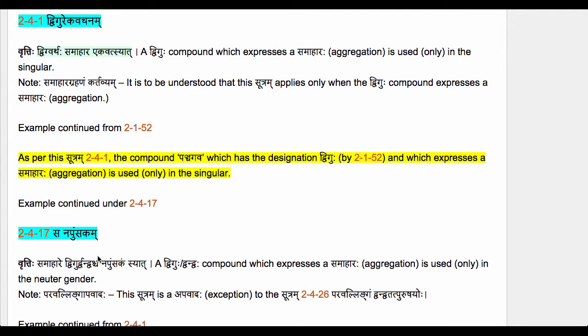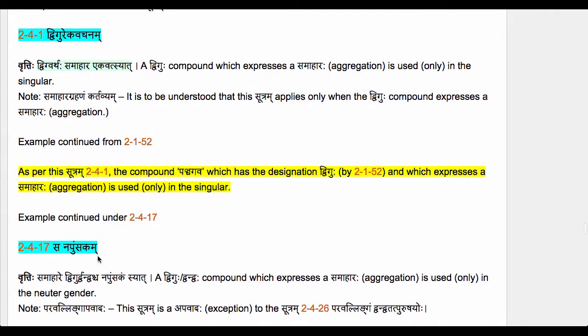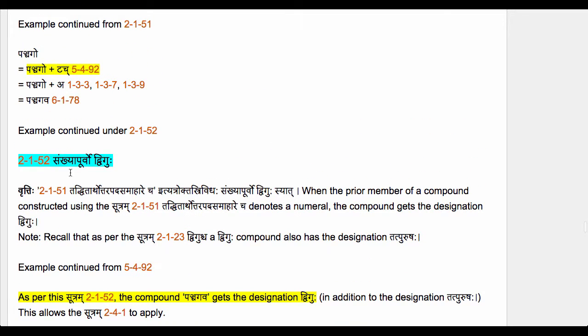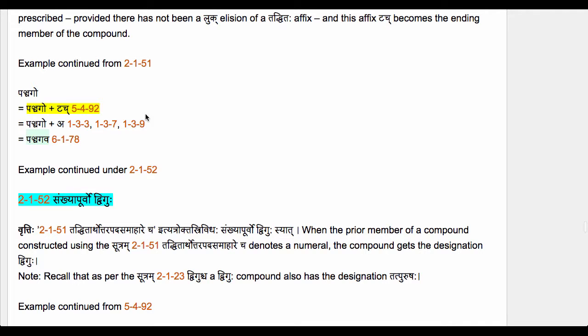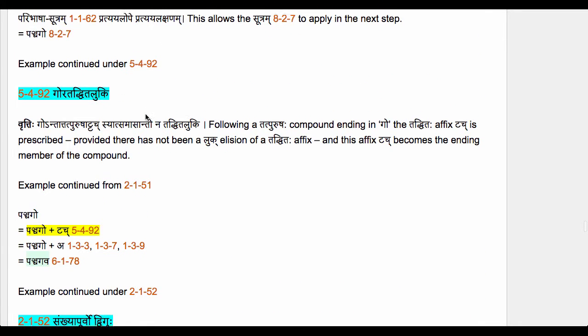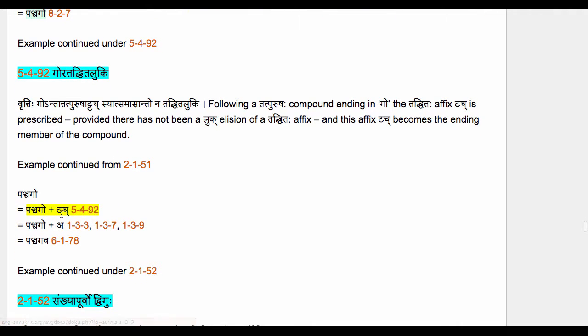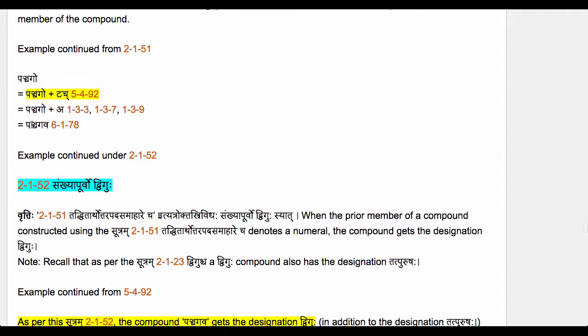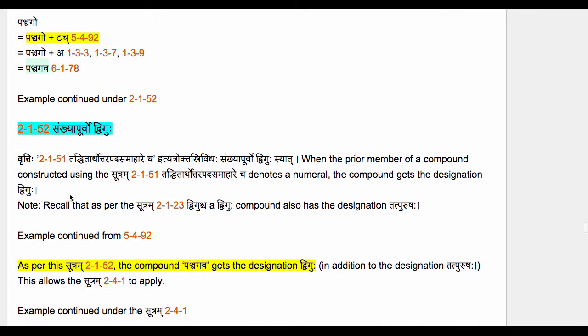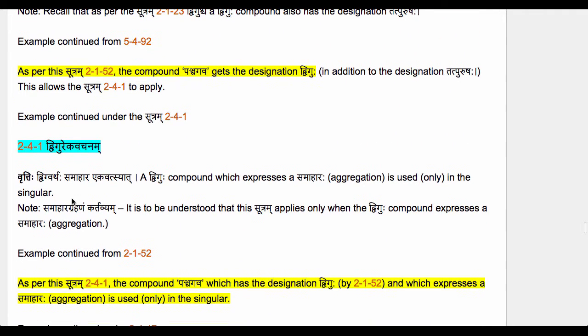We are now at the final step of completing this compound Panchagavam. We started with 2151 and derived the compound Pradividikam Panchago. To that we added the Samas Antapratyaya touch with Sutram 5492 Goratadhita Luki to get the final compound Pradividikam Panchagava, which gets the designation Diguho by the Sutram 2152 Sankhya Purva Dvigoho, and then by the Sutram 241 Dvigure Vashanam,